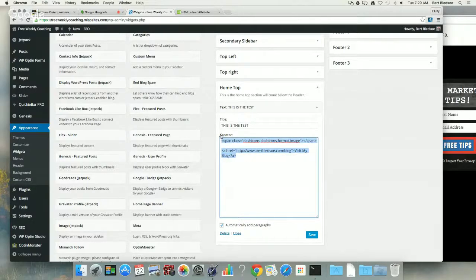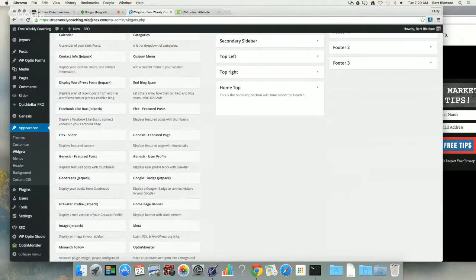So the internet is basically reading this, right? I'm just trying to put it in simple terms. So we could copy this stuff, and I'll show you. We're going to delete it. We're going to take that out of there. And I'm going to go over to bertbledsoe.com again, just for fun. And I want to show you that you could do